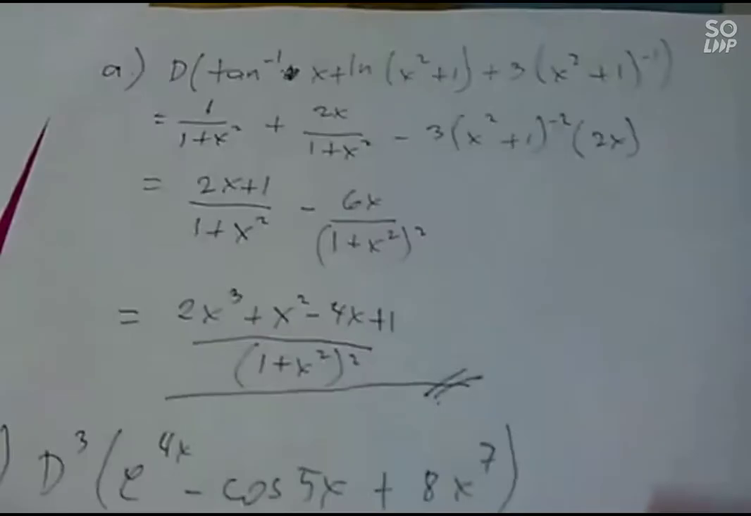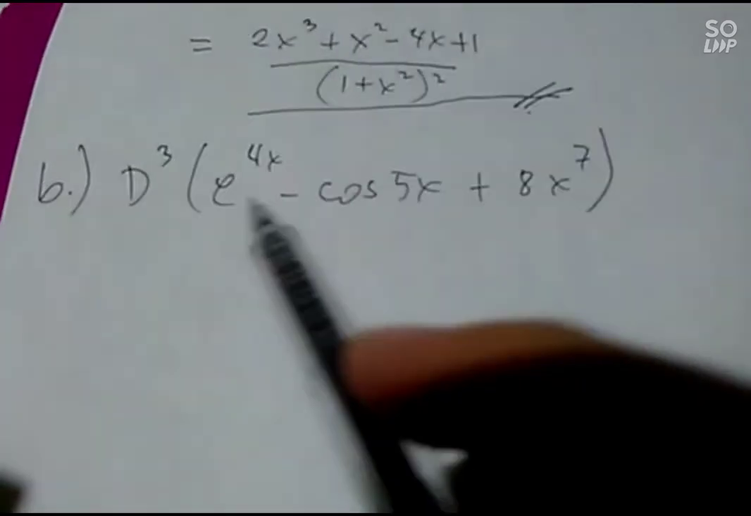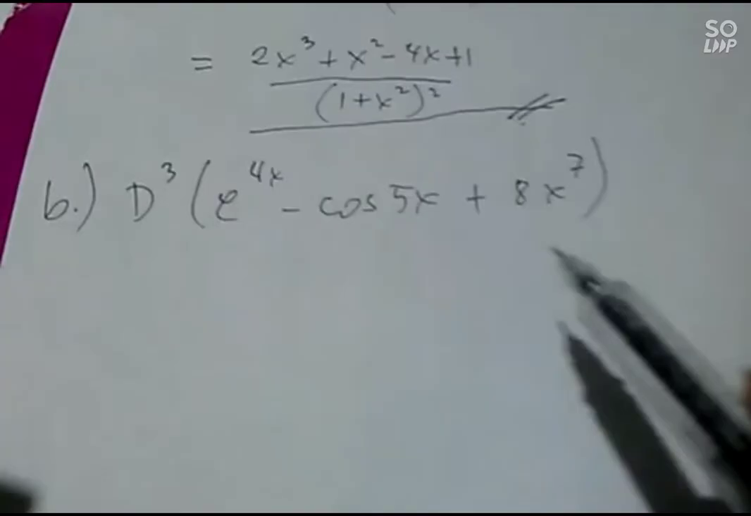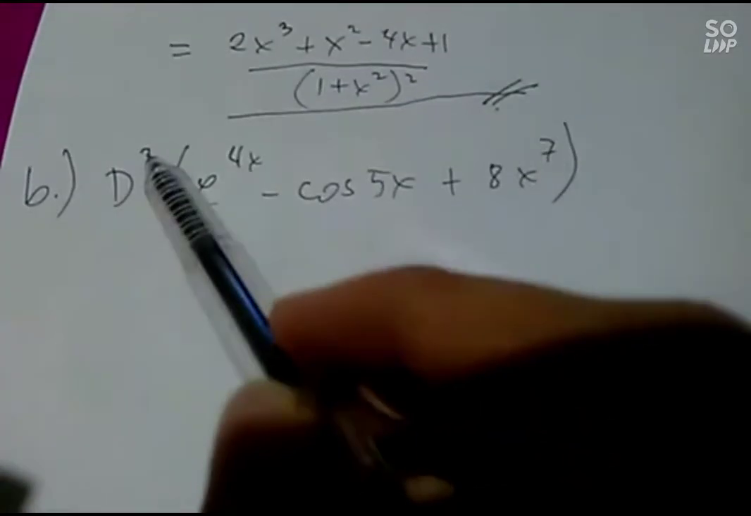So let's solve another problem here. d cubed of e raised to 4x minus cosine 5x plus 8x raised to 7. So we have three derivatives right now. So we have three processes. So first, for the first derivative